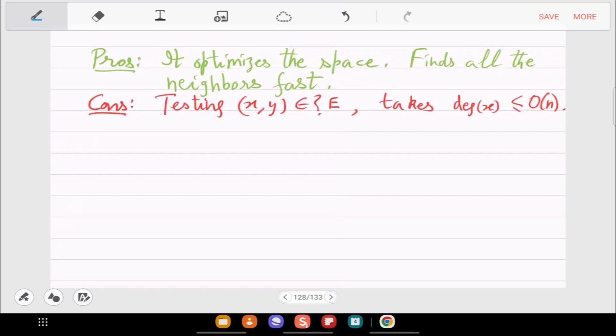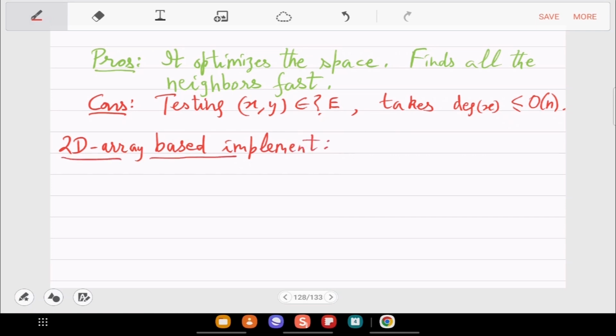If this is clear, then the next one is the array implementation, 2D array based. This is called the adjacency matrix.